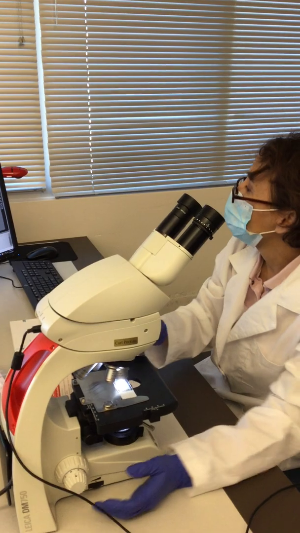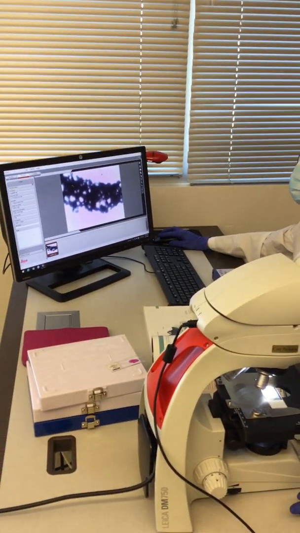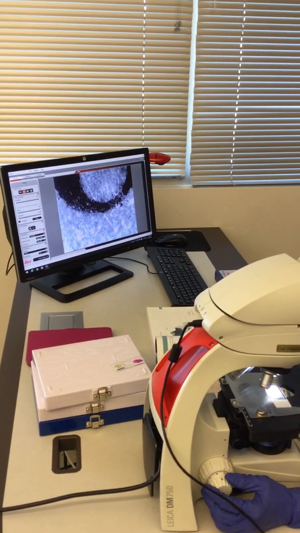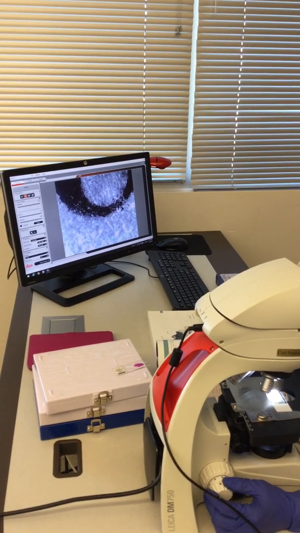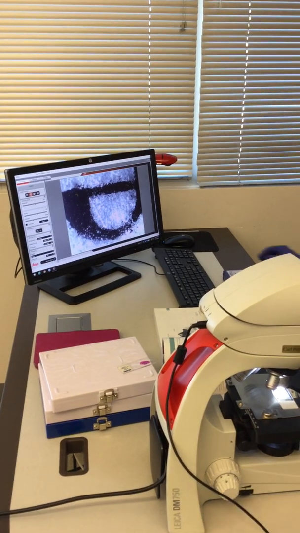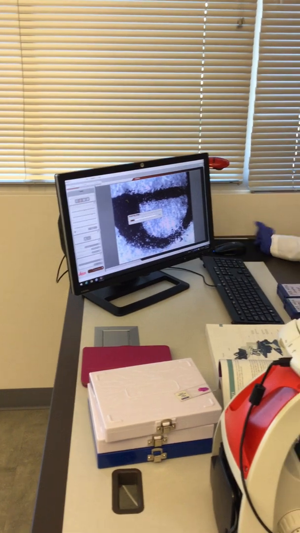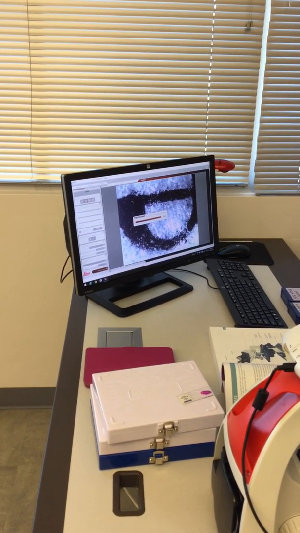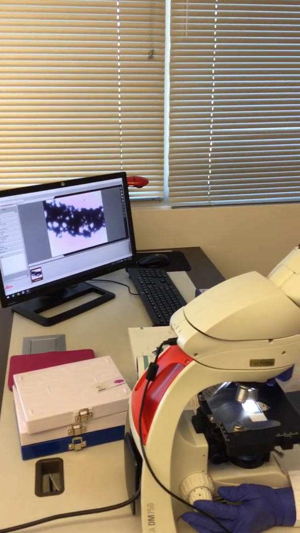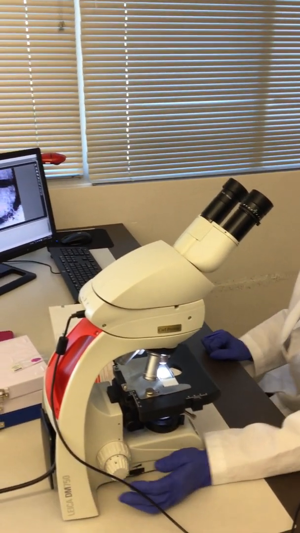I'm going to take a picture as well of 10. Let's say that you want to have a picture of the medium magnification. I'm going to move it in here, and then take a picture, have a record of what I did. And I'm going to do so as well for the low magnification. So just remember,